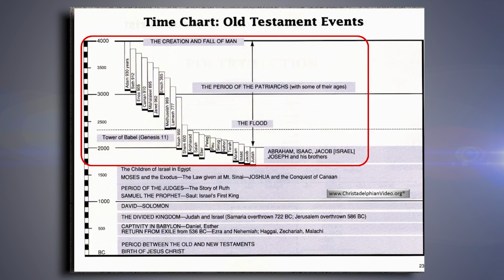Just to help you as you read the book for yourself, it's useful to know what section you're in, what period in history, and the context of the passages you're reading. And this chart may help with that as well. You can see on the screen, again, I think we saw this last week, the time chart of the Old Testament. And circled in red there is the section covered by Genesis. And as you can see, it's a large part of that history, over 2,000 years. So that's a background, really, and a structure of the book, which may help you to understand the context as you read through